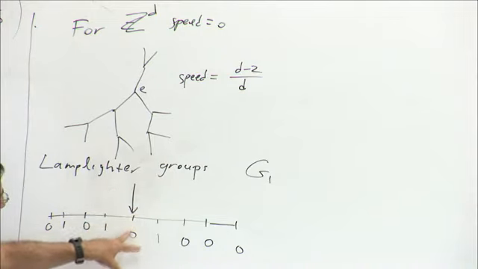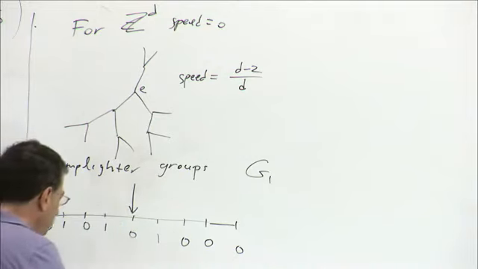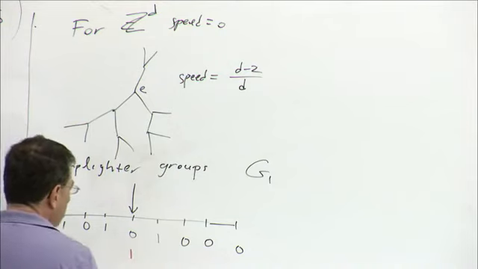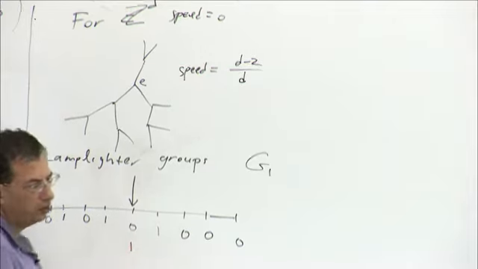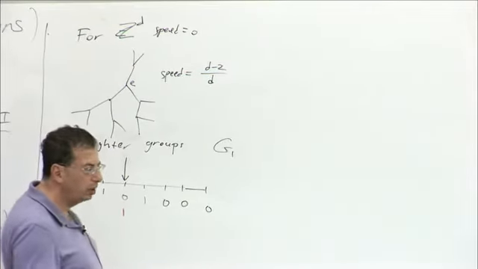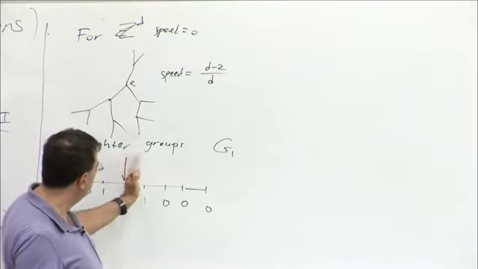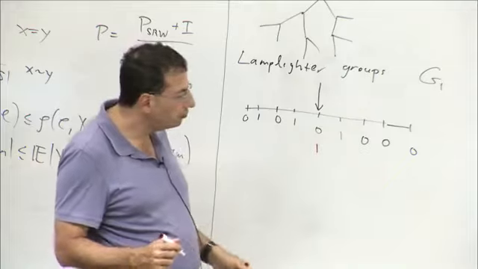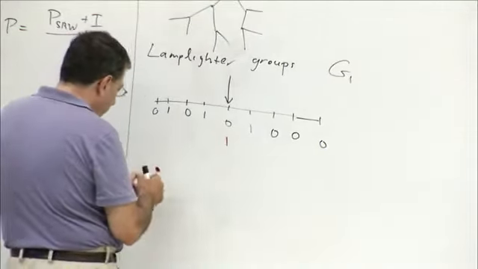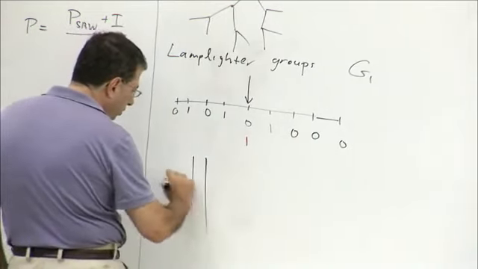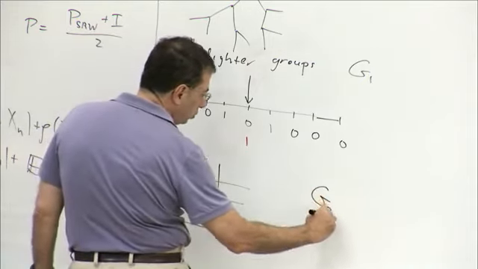One neighbor is obtained by flipping the lamp where the marker is. So this 0 could be changed to a 1, so this lamp could be turned on. Or if the lamplighter was in a place where the lamp is on, he could flip it off. So that would be one neighbor. And then the other neighbors are obtained by moving the marker either right or left. And we could do this on any base graph. So if the base graph is the two-dimensional lattice Z2, then we would construct the lamplighter group G2,